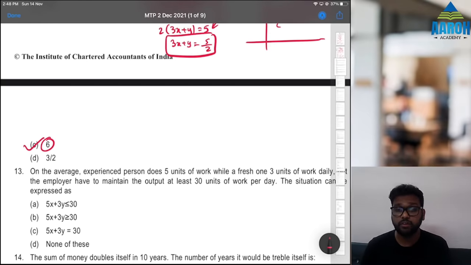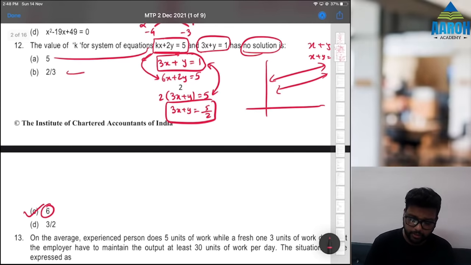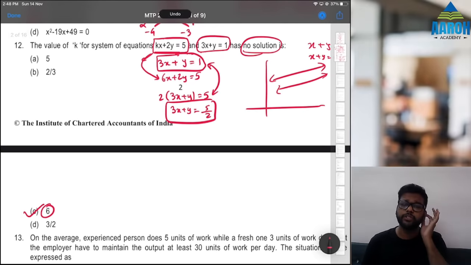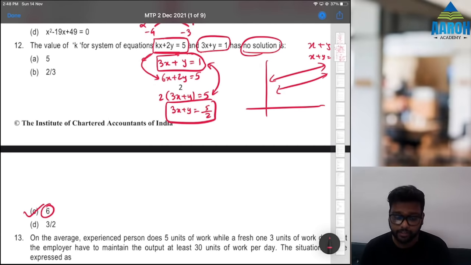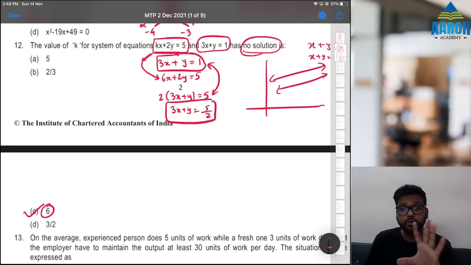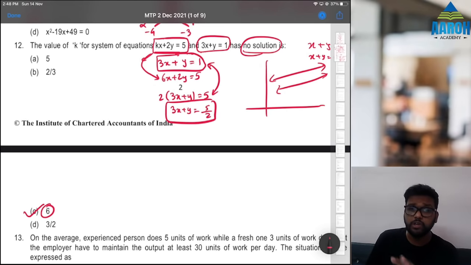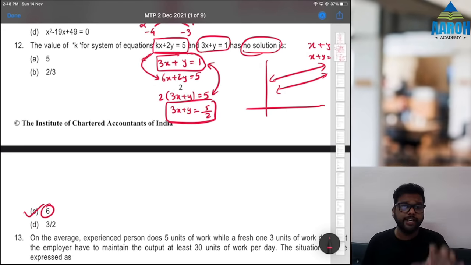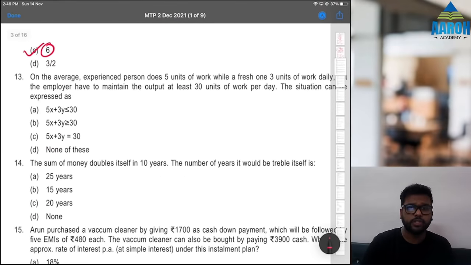So that is why 6 is the answer. This you can solve by observation. One other thing that you can do is you can put these values and try, but that will take time, obviously. The best thing that you can do is you can go prepare a determinant. Determinant method is a good way to solve this kind of questions. Although matrices chapter is removed from the syllabus, you can study determinants and Cramer's rule apart to just get the gist of this concept. Okay, fine. Let's go to 13. Just a second.